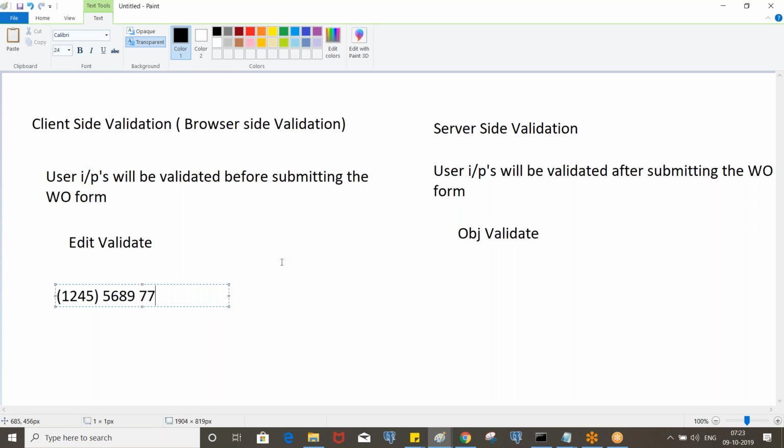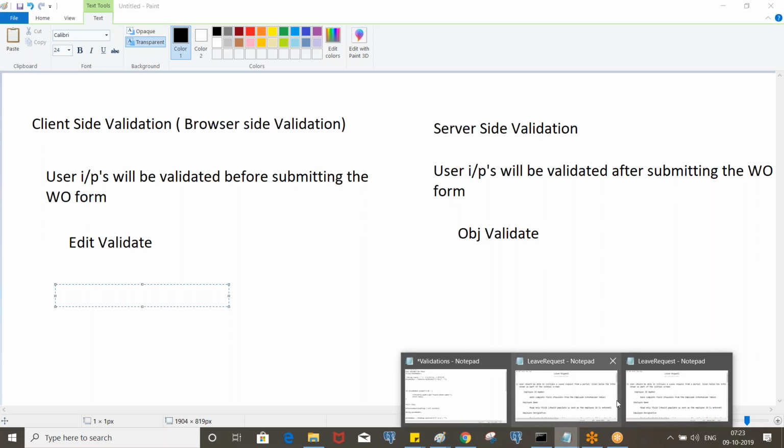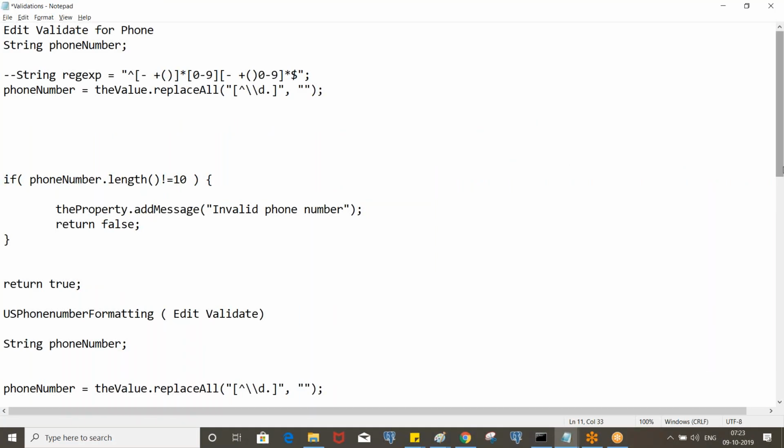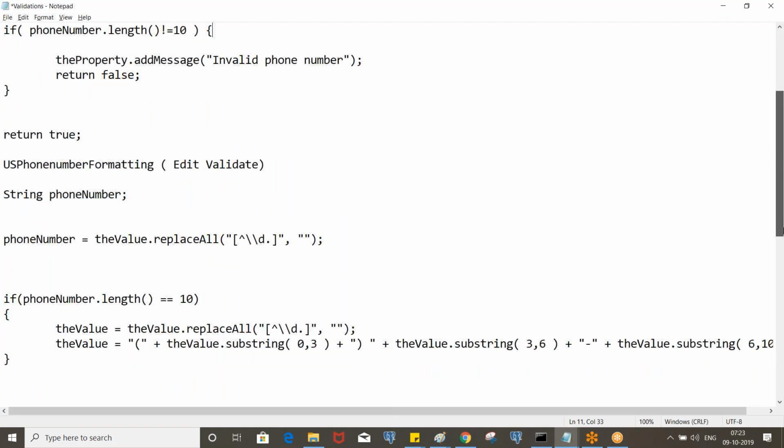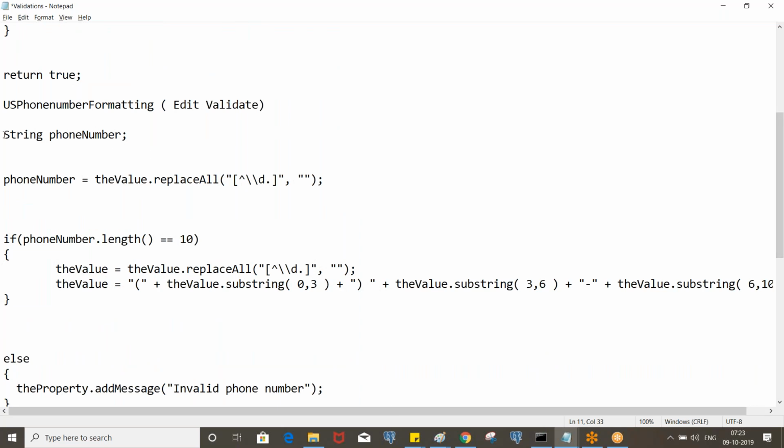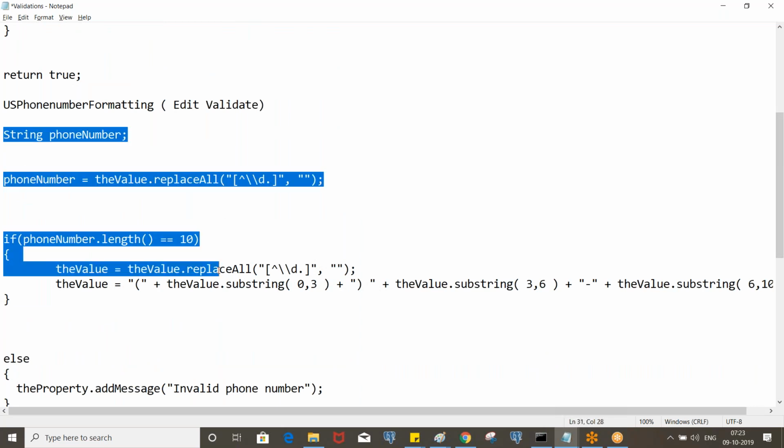Okay, so for that we need to take similar kind of Java code and modify it. For example, let me show you. We need to write the code like this.